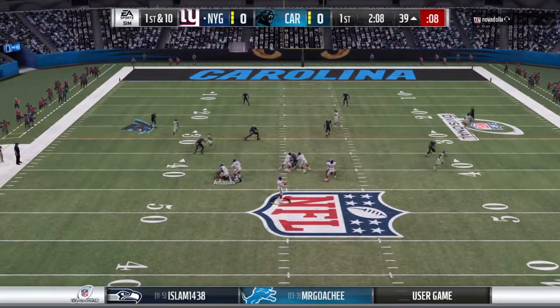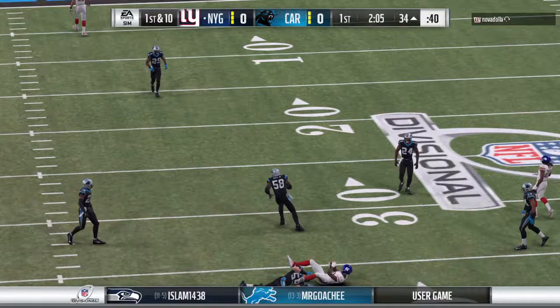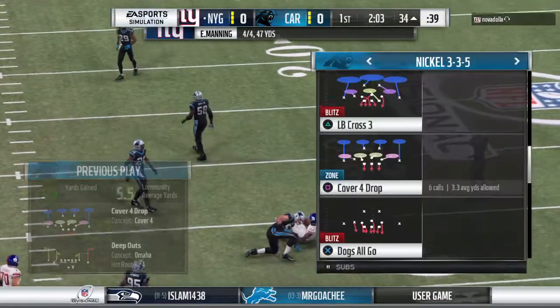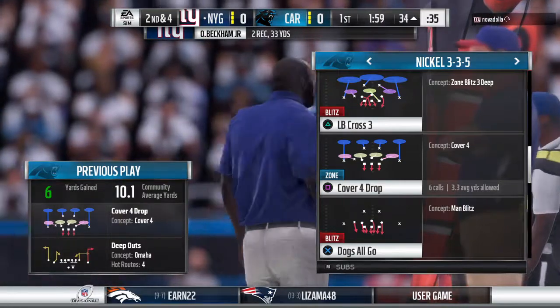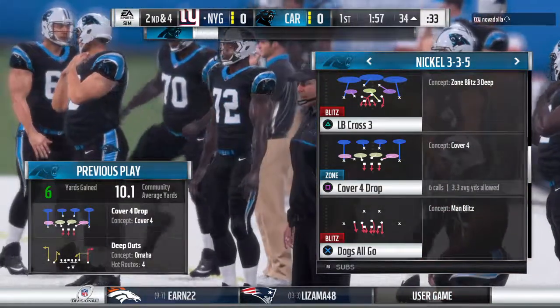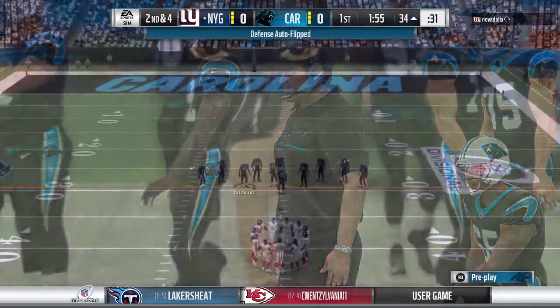On 1st down, Manning. Over the middle to Beckham. And they'll be inside the 35 now at the 34-yard line. A gain of 6 there on 1st. I don't think it's a surprise they're throwing the football early. We expected that. They told us they were going to come out firing, but 4 for 4 on the opening